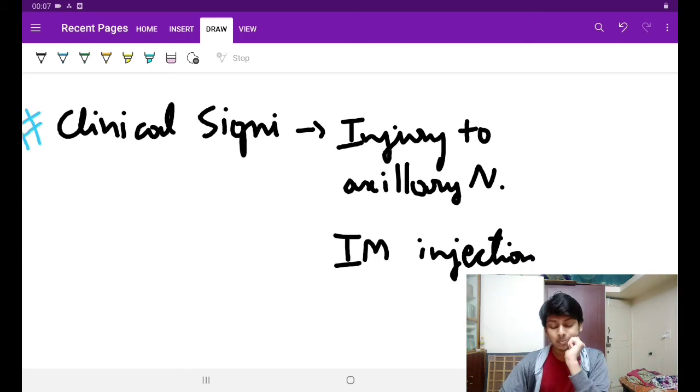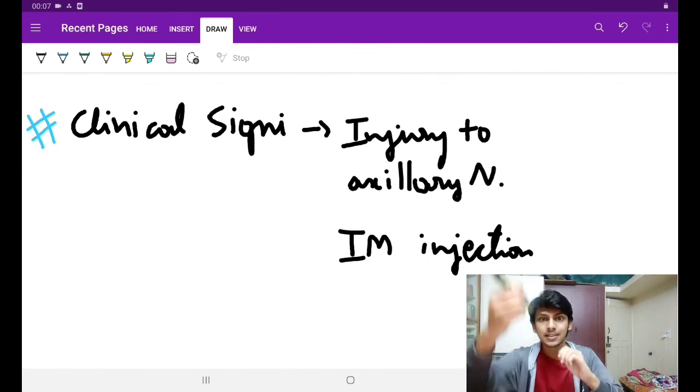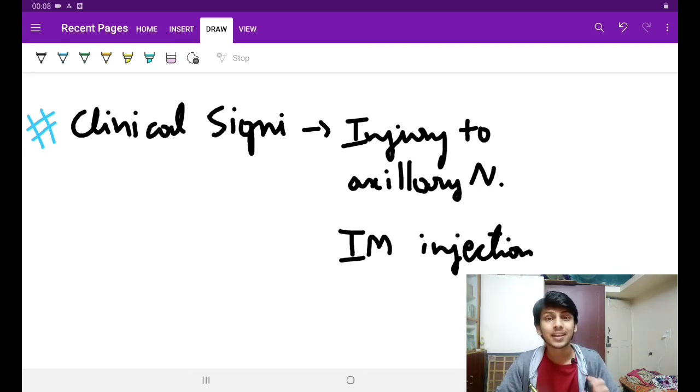Then guys, when we are giving an injection into the muscle over there, there is a nerve under cover of that muscle. That is the axillary nerve, which is supplying that muscle. See, if we poke a needle into such a nerve, it will get damaged, isn't it? The muscle will get paralyzed. So there is impaired abduction of the shoulder joint. You cannot abduct the shoulder joint from 15 to 90 degrees. Till 15 it is supraspinatus. After that it won't be able to happen. And there is a sensory loss over this region. We'll study that when we are studying the structures under the cover of the deltoid region. We call it the regimental badge sign.